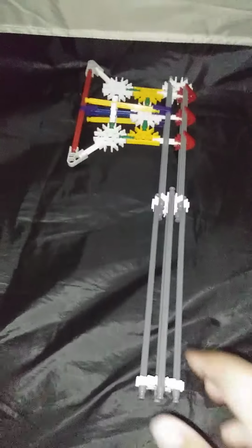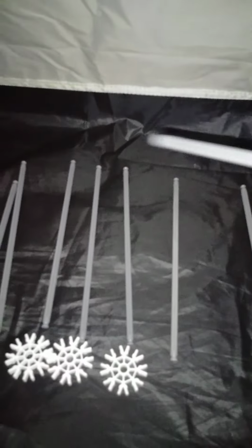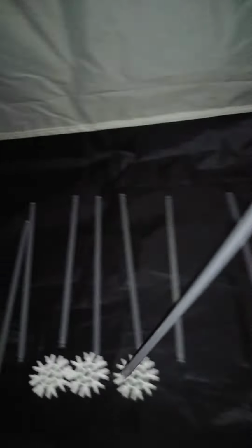So today I'm going to be showing you, from my last video, how to make the Minecraft axe. So here's the pieces you will need to make the handle. So you'll need 8 of the biggest size rods